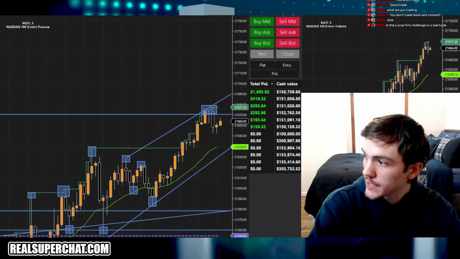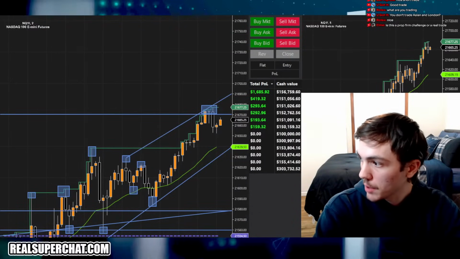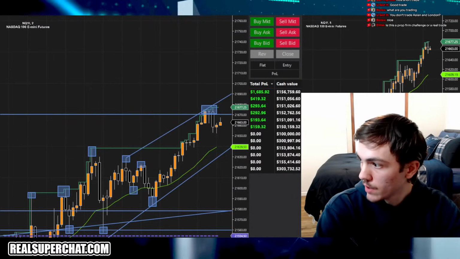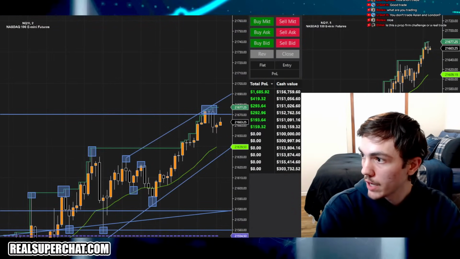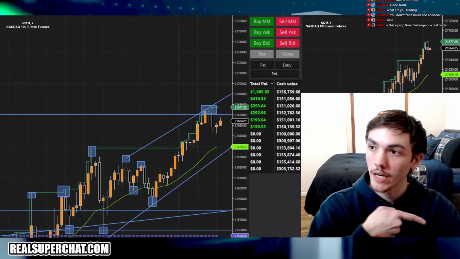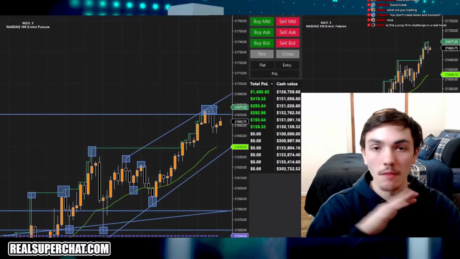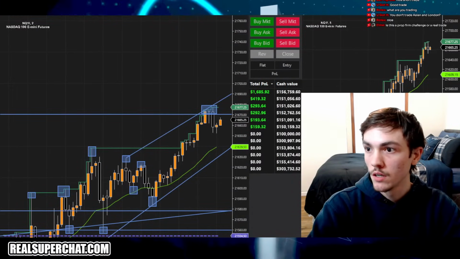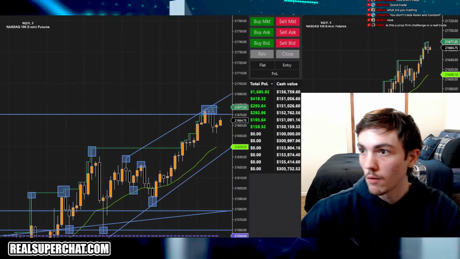You don't trade Asia and London? Not yet, I have a couple ideas for that though. Is this a prop firm challenge or a real trade? These are all prop firm evals. I have not traded the funded account. We have one funded account. Traded that yesterday, got 560. Have not touched it today. Haven't really loved the structure, so only doing eval accounts for now.